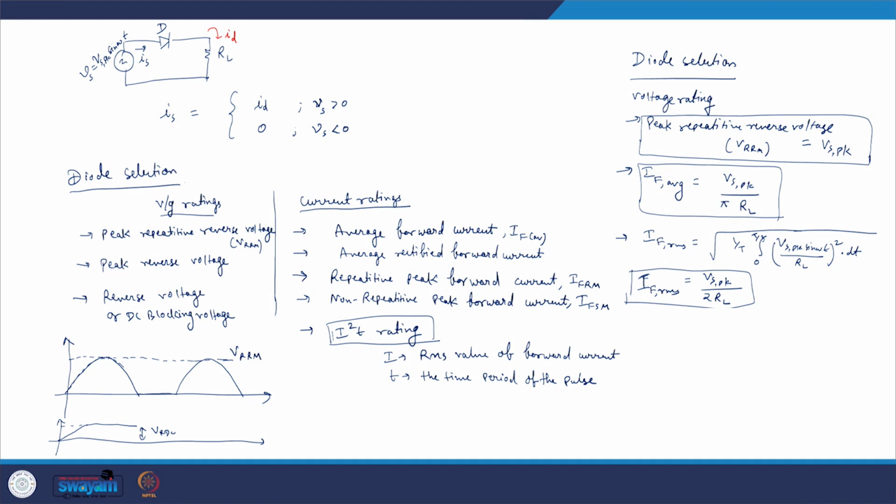So, in this way one can select the required diode, and that is when one can obtain the single phase diode bridge rectifier which can supply the load from an AC source by converting that AC into a DC and supplying it to a resistive load.